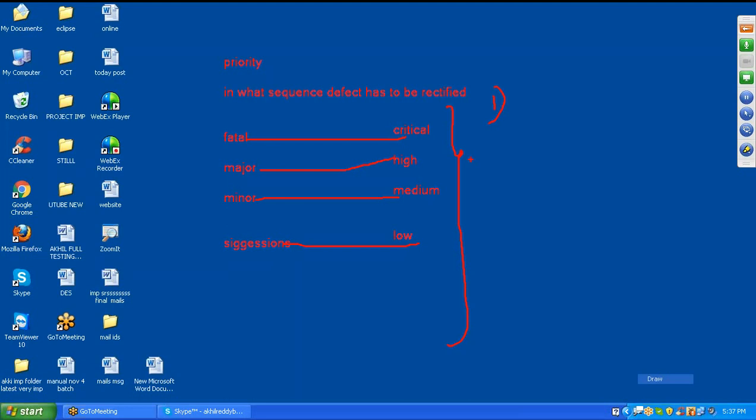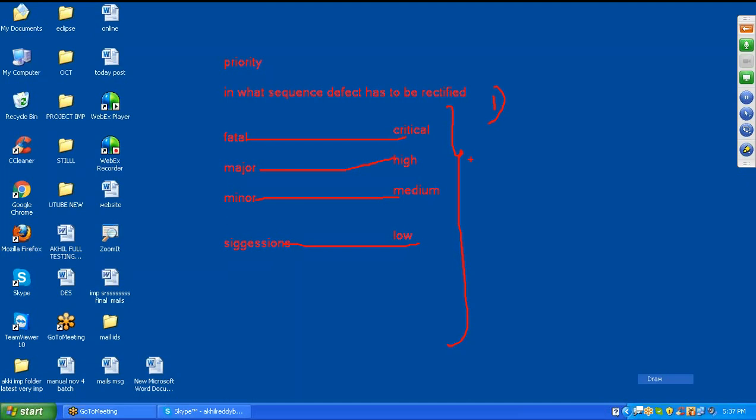Then definitely we don't have time to rectify the fatal one, which will take longer time, and even the major is going to take more time. So we've got less time. The only way is to rectify the minor and suggestions.